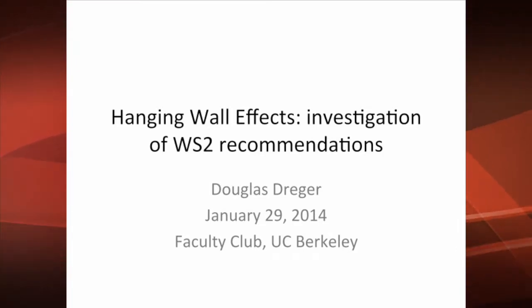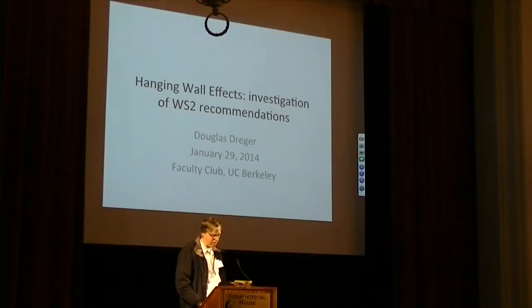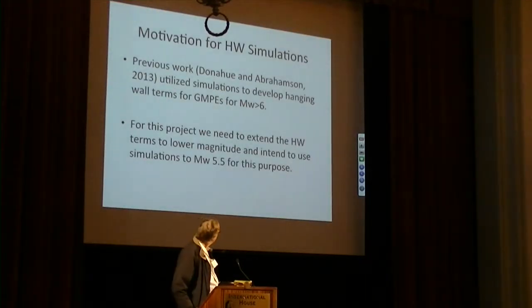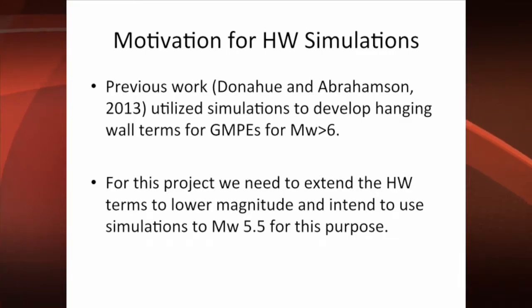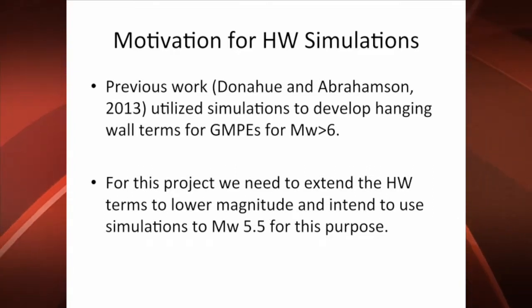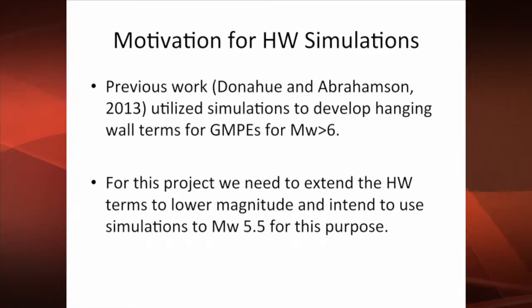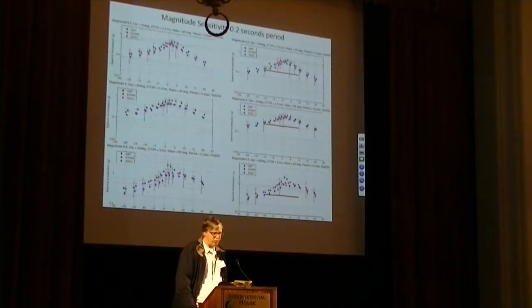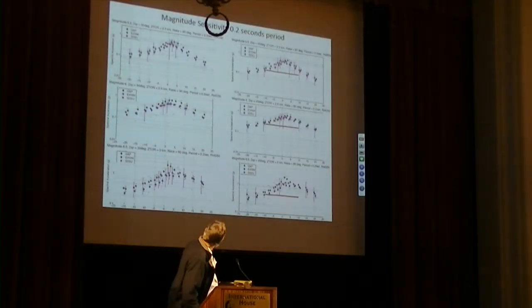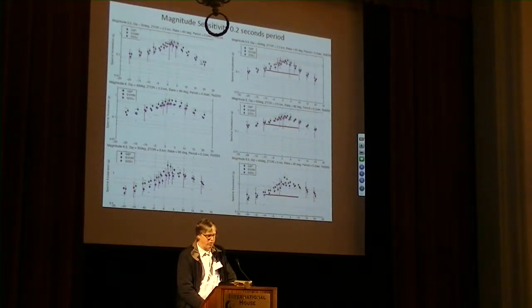This is from Doug Dreger's presentation at that last meeting. Again, summarizing, before we had magnitude 6 and larger from the numerical simulations, and now we're going to go down to magnitude 5.5. I'll just jump again to the summary of the results here. What's shown is hanging wall scaling, or what the ground motion is, on the left-hand side for magnitude 5.5 at the top, 6 and 6.5. These two are at a Ztor of